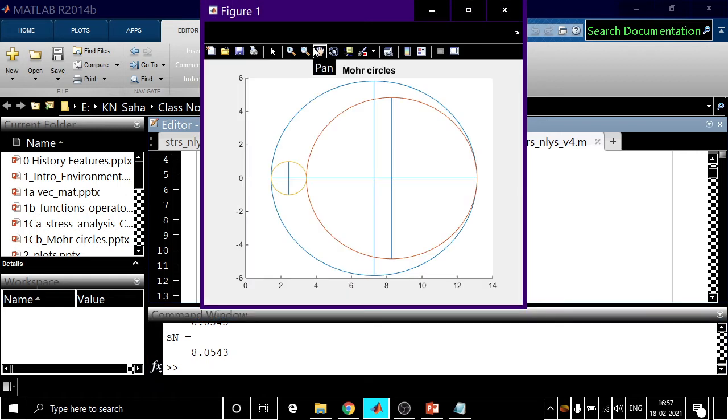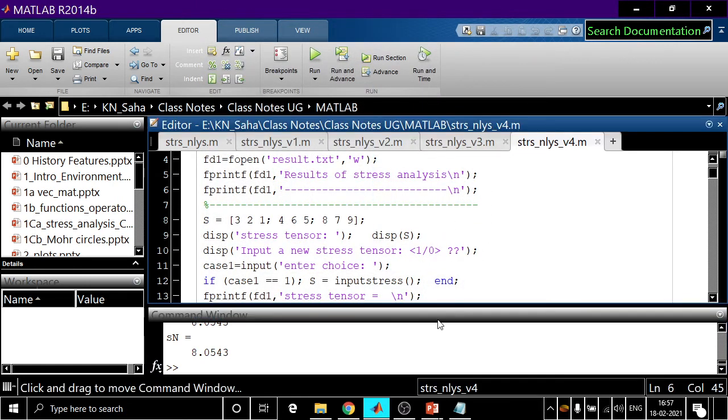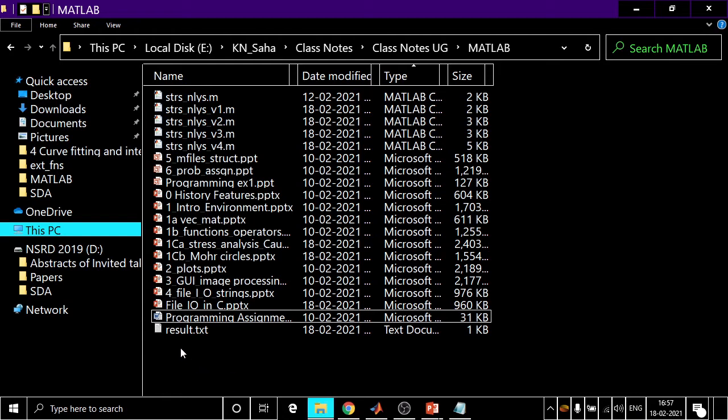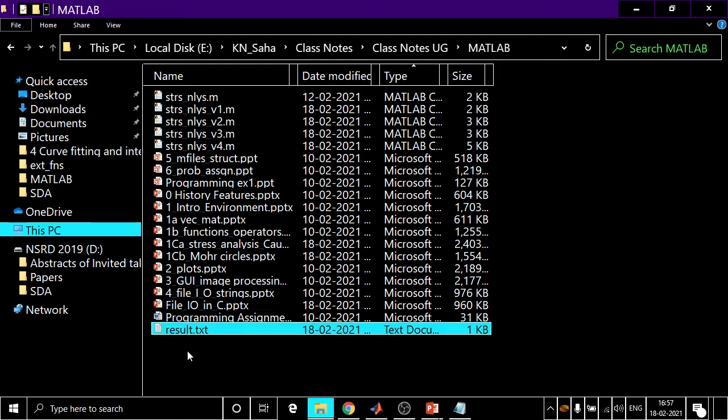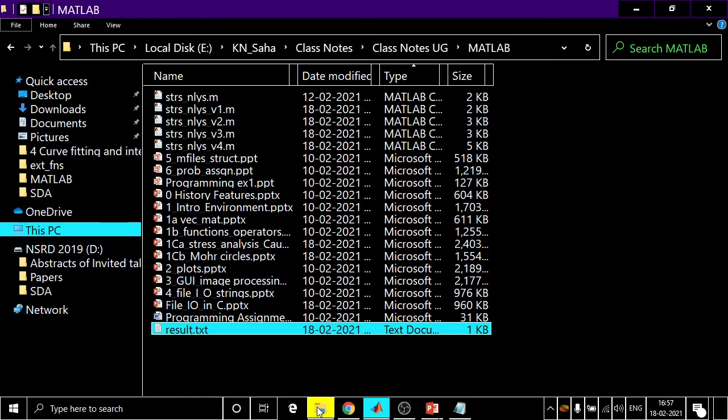So this is what we have already seen, creation of mode circle, not required now. But let us go back into our directory. This file has come again. If it is existing, it will open this file, and here the option is writing only. So it will overwrite the file. Otherwise, it will create the file and start writing from the beginning. Clear? Now let us see what is the content of that file.